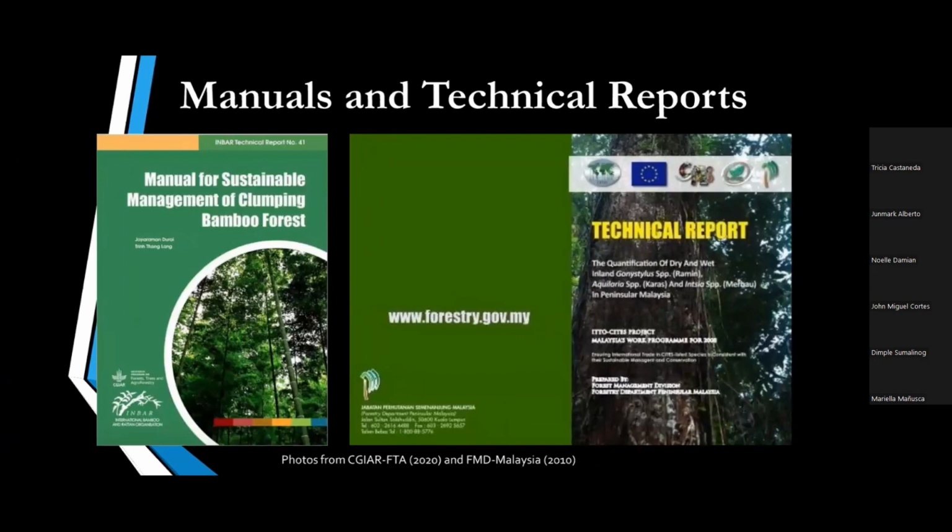We have manuals, we have technical reports. So technical manuals are written primarily for the people who have little to no technical know-how about a particular topic. So for example, yung iyong research for your MS or for your PhD is something na very broad and very overarching from ridge to reef, ganung level siya. Pero may aspect ka ng research mo that pertains to a particular practice or area, no? So pwede mo yung gawan ng manual or technical reports, no? So ano example yan?